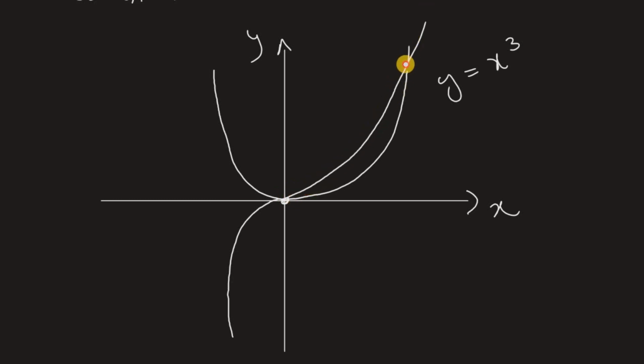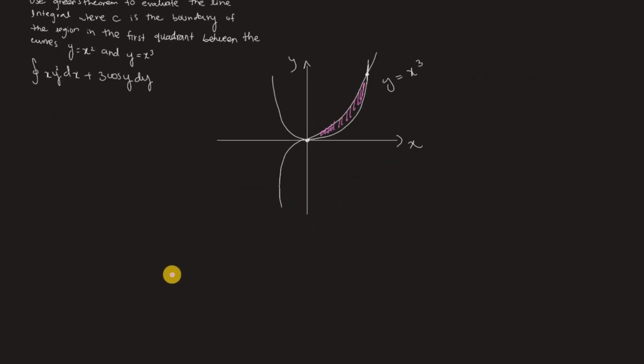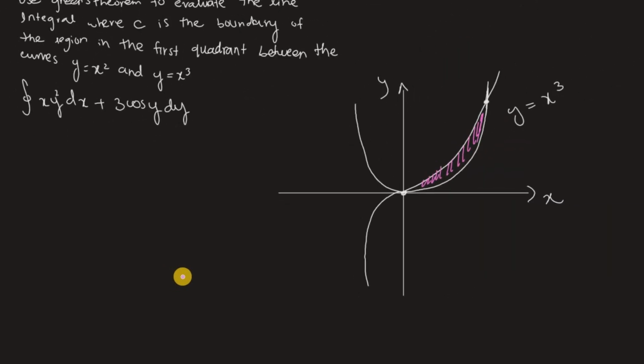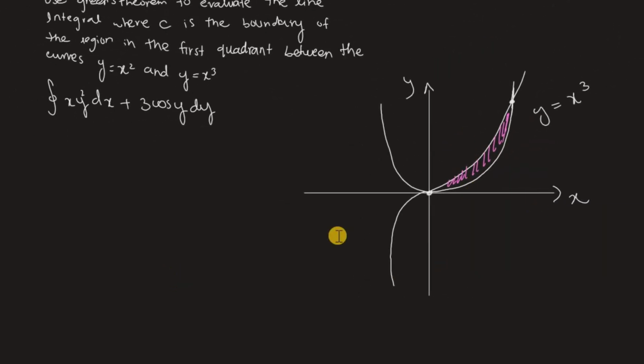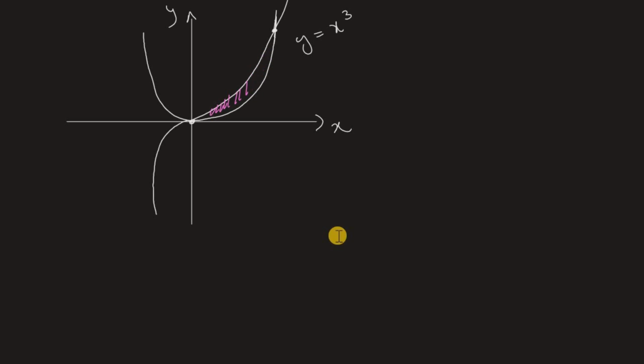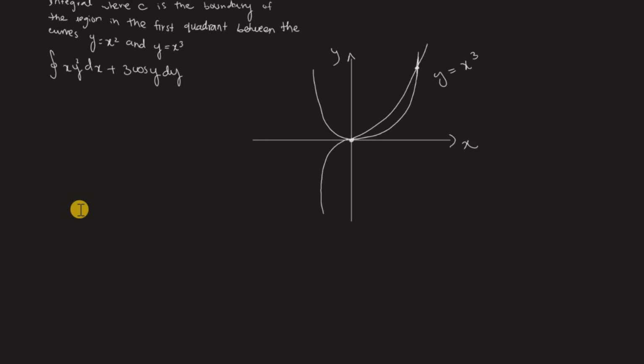They're going to cross each other at one point, of course. Then this is the region that we are looking for. So now once we got our region, our next job is to use Green's theorem to evaluate this